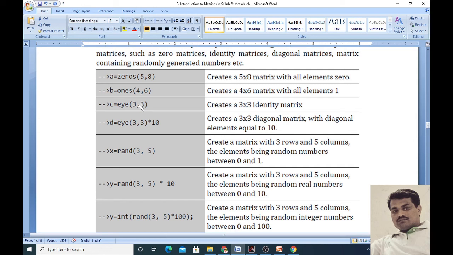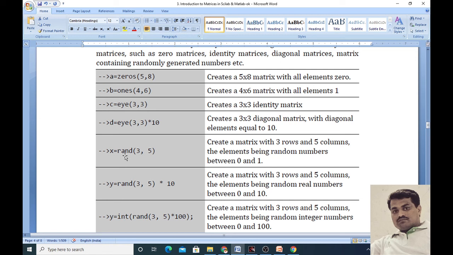EYE 3 by 3 gives an identity matrix of order 3, meaning the diagonal elements are 1 and the remaining elements are 0, and it is a square matrix. The next command is EYE 3 by 3 into 10. It creates the 3 by 3 diagonal matrix with diagonal elements equal to 10. This 10 is multiplied to every element of the identity matrix, that's why the diagonal elements are 10.